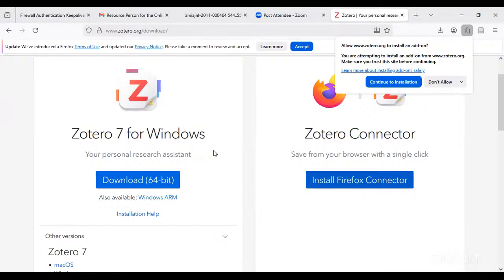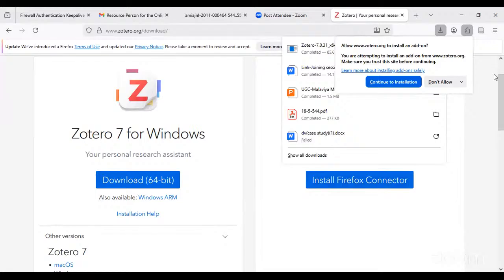Once again, repeat it. Okay. So what you have to do? You have to go to the official website of Zotero, zotero.org, and after that you have to download the Zotero software according to your operating system. Just click on the download button and your file will be downloaded.